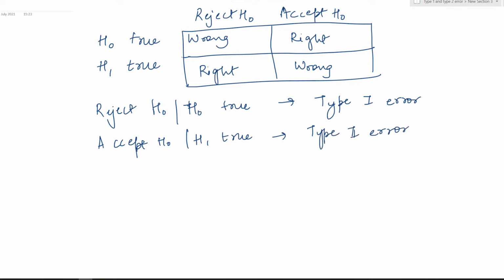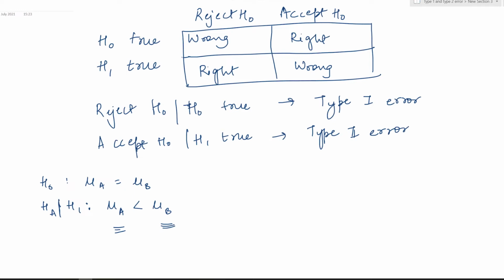Now, if we go back to our particular example that we started with, you would remember that our H0 was mu A equal to mu B, that is the lifetime of the phones produced by the standard and the new procedure were same, while HA or H1, our alternate hypothesis, is mu of A is less than mu of B, that is the phone produced by the new process was actually more effective than the phone produced by the standard process.